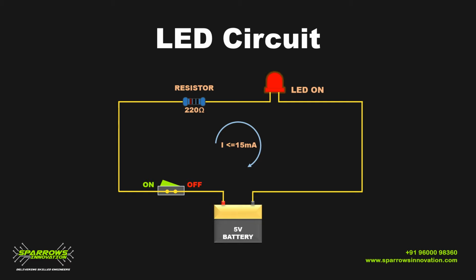Now we can see how we can connect an Arduino in this circuit. Here we are going to replace this battery and the switch with an Arduino, because the Arduino's output pins will provide a 5 volt power supply, and instead of a switch we are going to program to make your LED turn on and off at the corresponding times. So we are going to replace these two components in this circuit so that you can connect an LED with the Arduino.